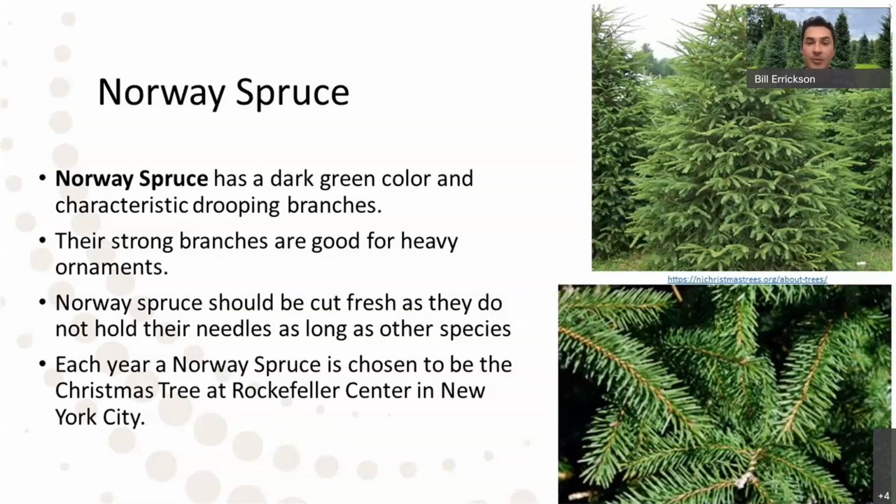But if you're going to get your tree maybe 2 weeks before Christmas or so, this will hold up for that amount of time. It's also beneficial to get one fresh cut from the field, so it's as fresh as possible and going to hold the needles for as long as it can. Also, this is the tree that's chosen each year, the Norway spruce, to be the Christmas tree in Rockefeller Center